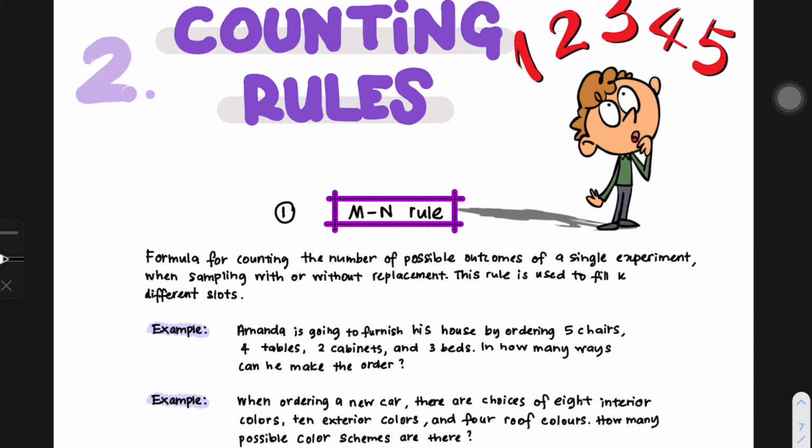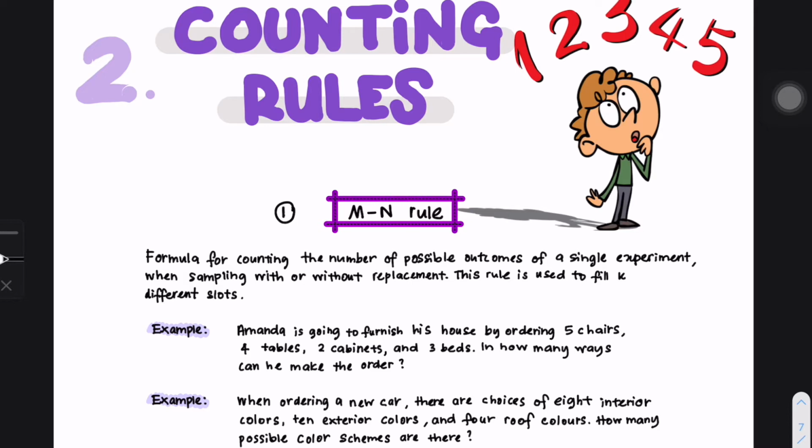If we are baling dadu, rolling a die, we will get the possible outcome, dia mungkin boleh dapat sama ada 1, 2, 3, 4, 5 ataupun 6. Itu adalah benda yang direct. But if it involves a broad range of experiment, maksudnya eksperimen yang ada banyak kebarangkalian, it is hard for us to find the possible outcome. Kita ada beberapa rules yang kita akan belajar macam mana kita nak dapatkan possible outcome jika eksperimen itu